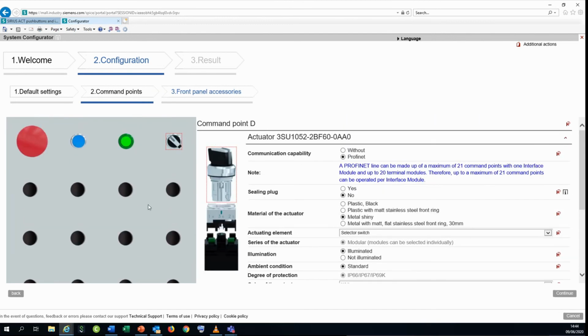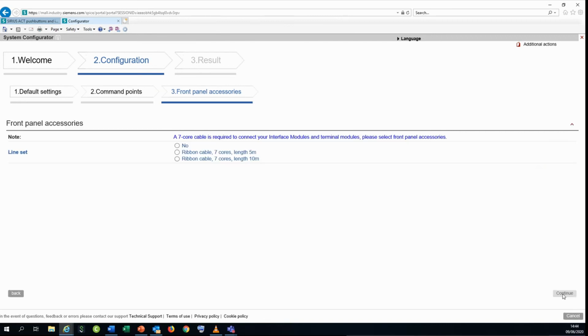Once we're happy with what we've selected, you can build up as many as you want. Within the PROFINET selection, we can have up to 21 devices. If we select continue, it will come up saying that you need a ribbon cable to connect the devices. So we select a 5-meter one, and 7-pole ribbon cables can be selected. Once we've clicked continue,